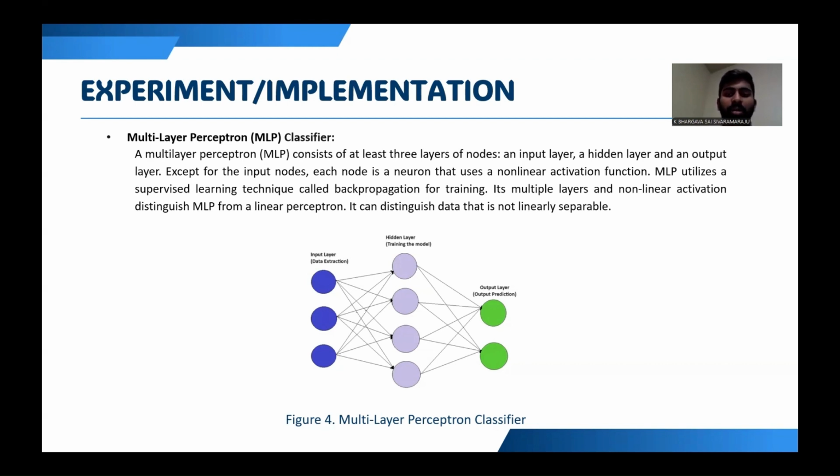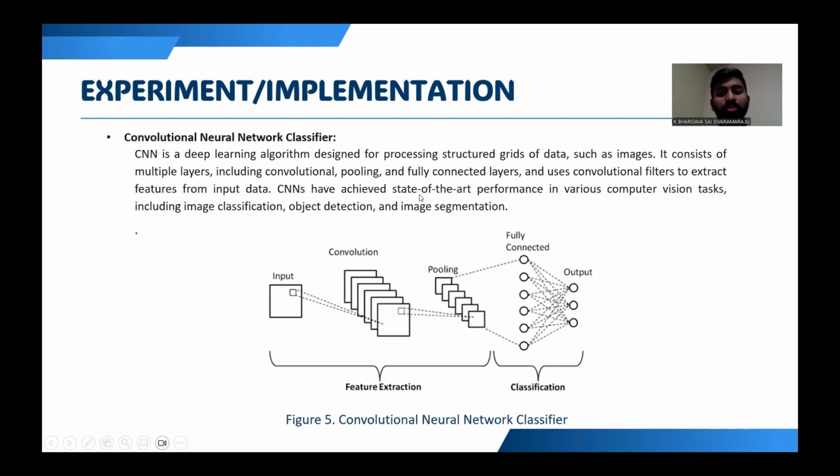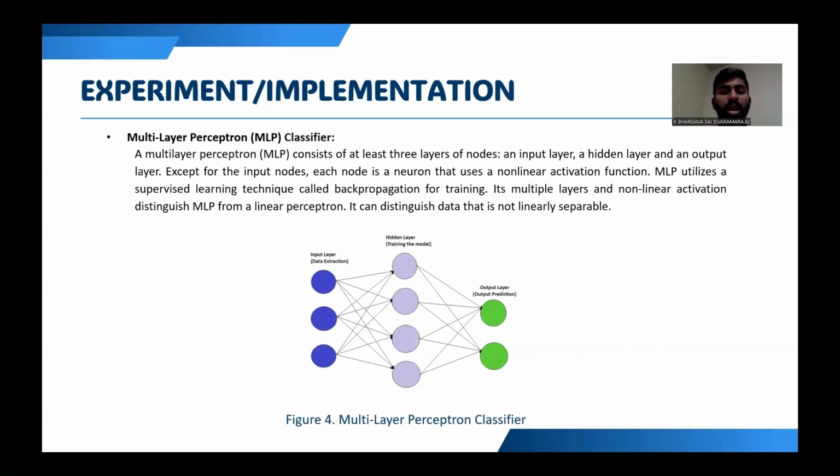The input layer contains the neurons that represent the input features of the data. Each neuron corresponds to a feature. The hidden layers are the intermediate layers between the input and output layers. They perform complex transformations on the input data through weighted connections and activation functions. Depending upon the task complexity, we can have more hidden layers. If the task is not too complex, we use fewer layers. If it is more complex, then we can have more hidden layers.